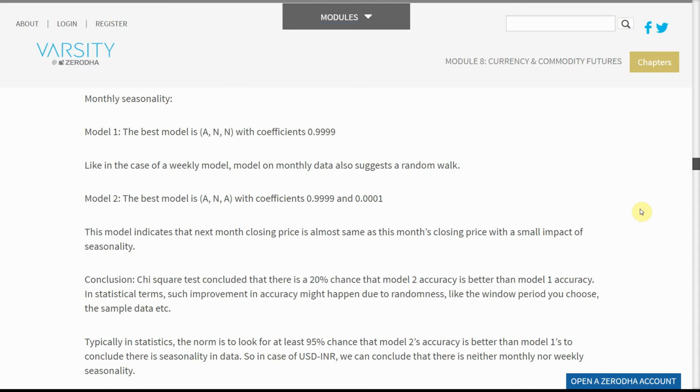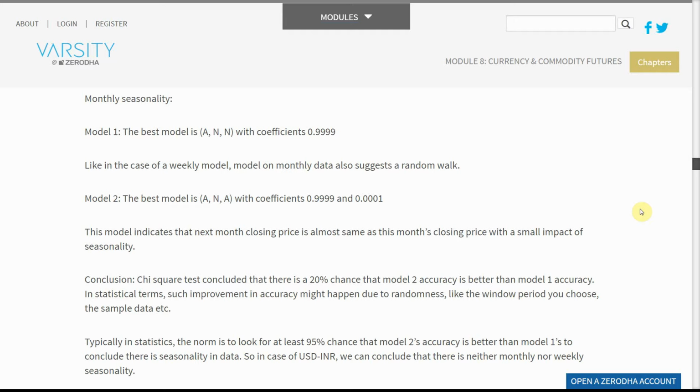The best model is N with coefficients 0.9999. Like in the case of a weekly model, on monthly data also suggests a random walk. Model 2. The best model is N with coefficients 0.9999 and 0.0001. This model indicates that next month closing price is almost same as this month's closing price, with a small impact